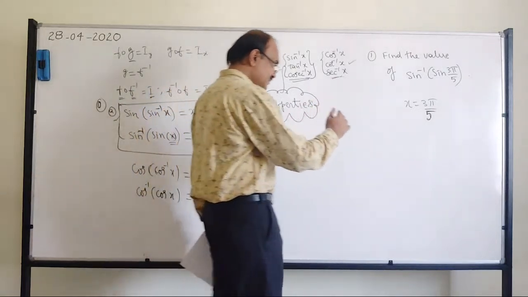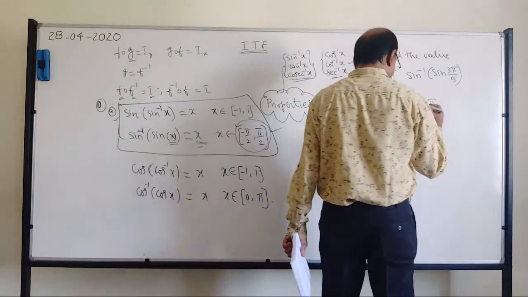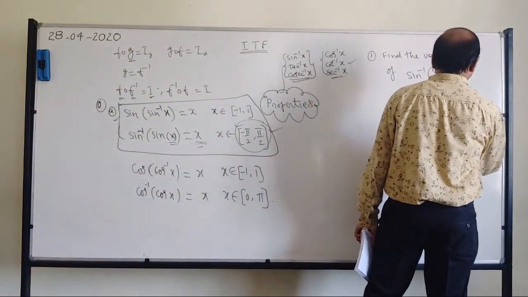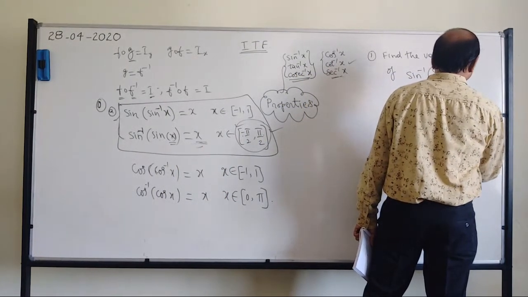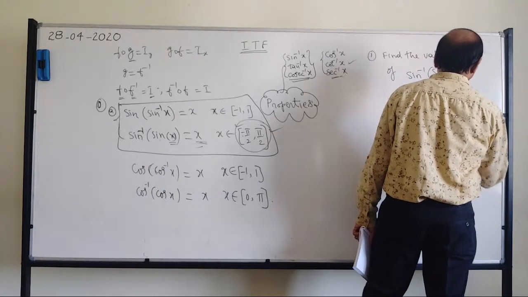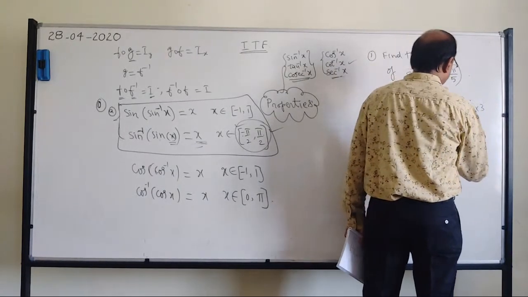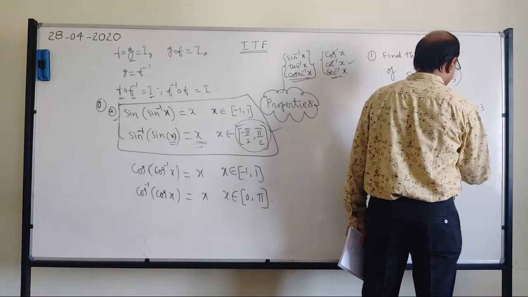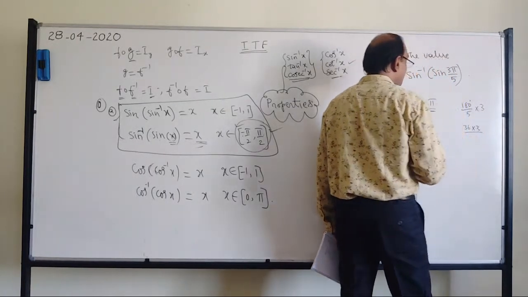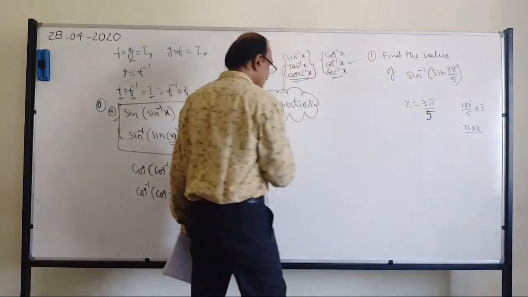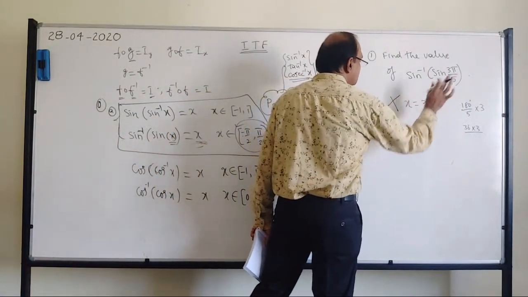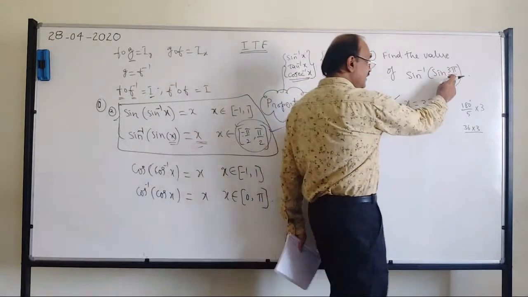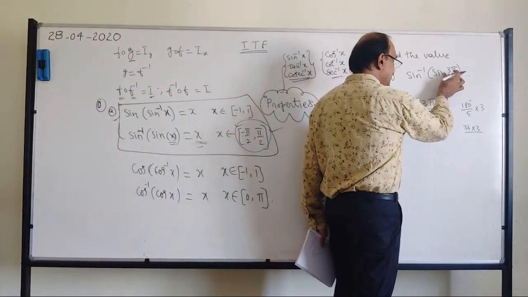So if you see this 3 pi by 5, pi is 180. 180 divided by 5 into 3, how much will you get? 5 3s are 15, 30, 36. So 3 into 36, definitely it is more than 90. But the maximum you can have is 90. So you cannot take it. Many people, just looking at it, write this x. But it's an angle, not a ratio. You see here, sine takes an angle.